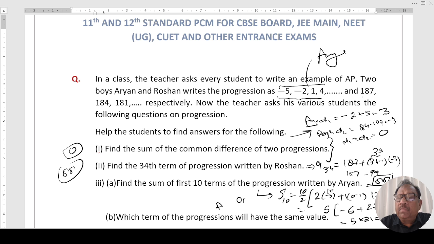This is minus 5. This is 10. On simplification, this comes out to be 85. Answer, this is 85. Right? And further,